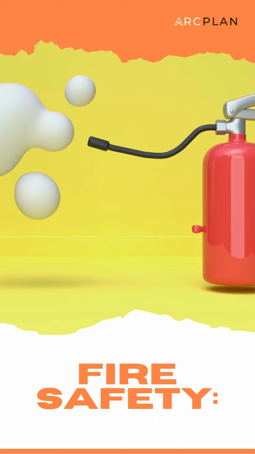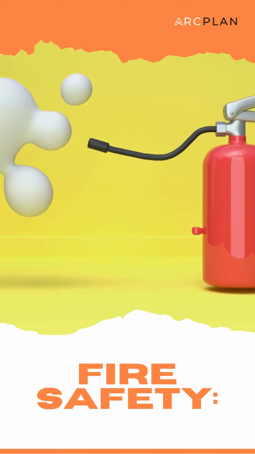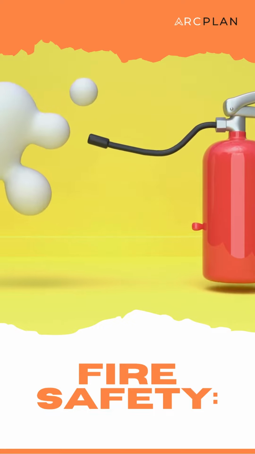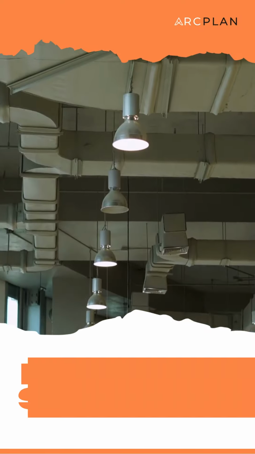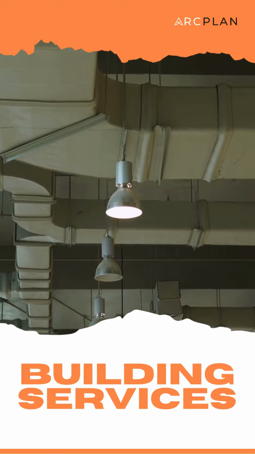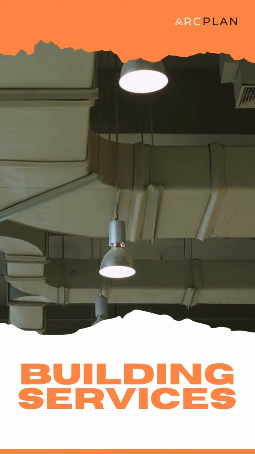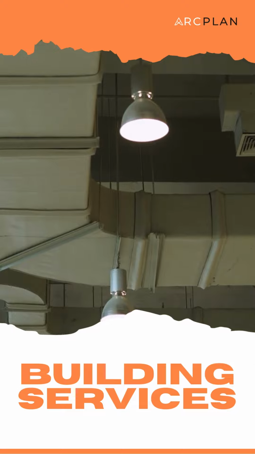Outline fire safety measures such as escape routes, fire-resistant materials, smoke alarms, and fire suppression systems. Include plans for building services such as heating, ventilation, plumbing, and electrical systems, showing their layout and